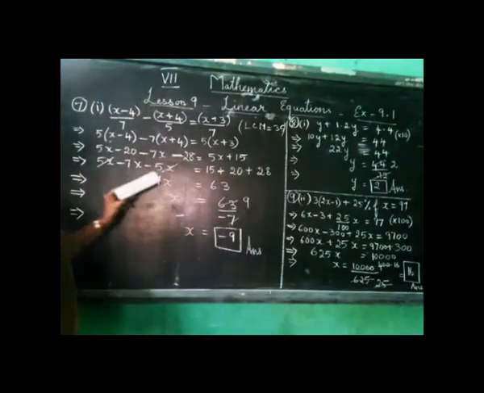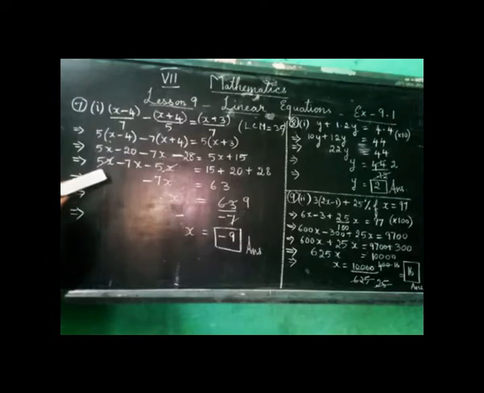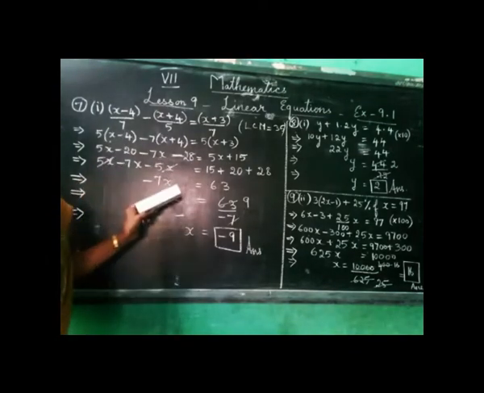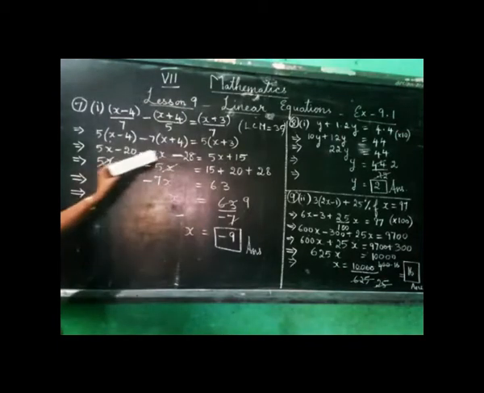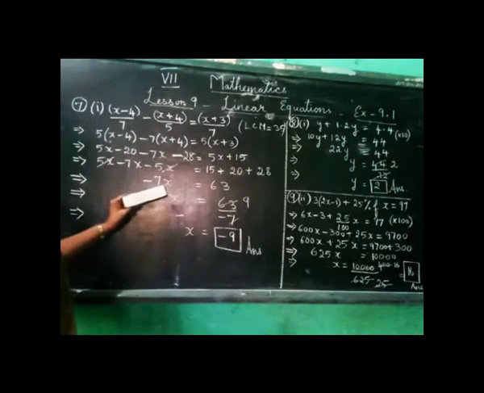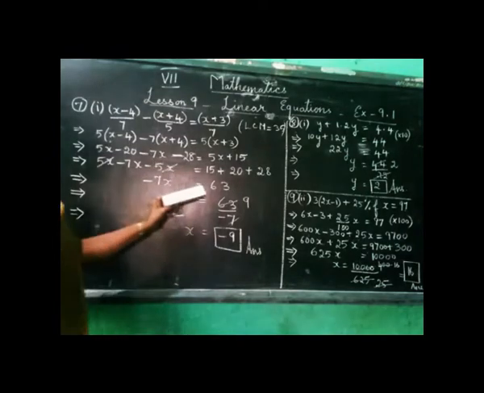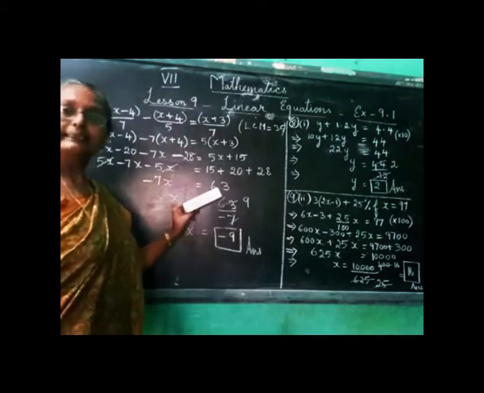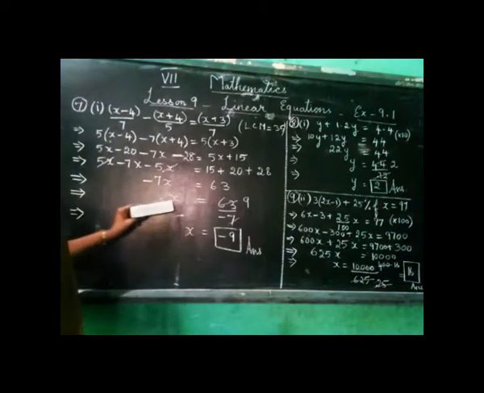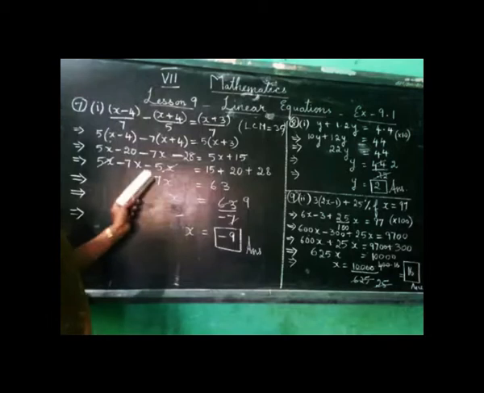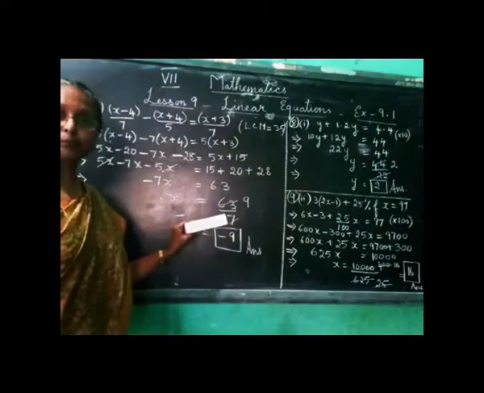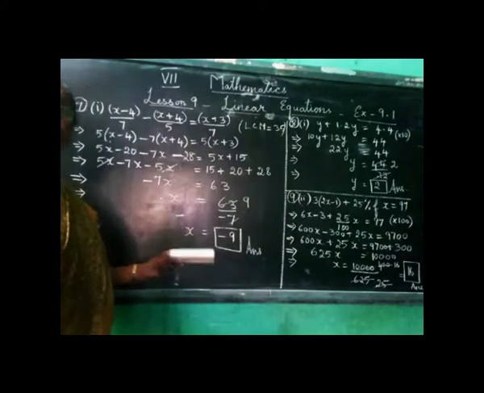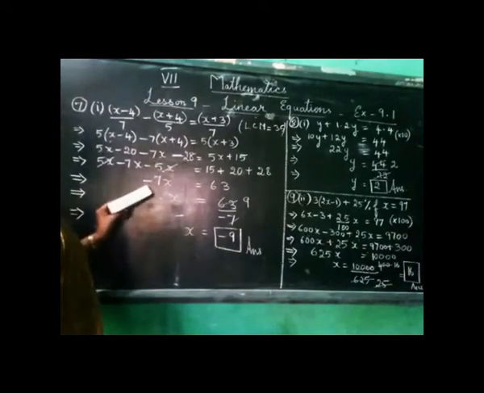Then as we did, when we see here plus 5x and minus 5x, because they are both equal terms with opposite signs, we can cut them off. What remains is minus 7x. That is equal to, when we put all of these numbers together, when we add, we get 63. Then x is equal to 63 by minus 7 by transposition. What is multiplied here will become divided. When we take it to the other side, we have to take it along with the sign,